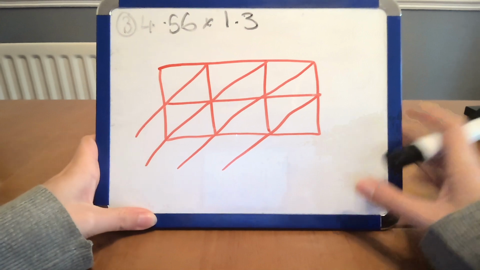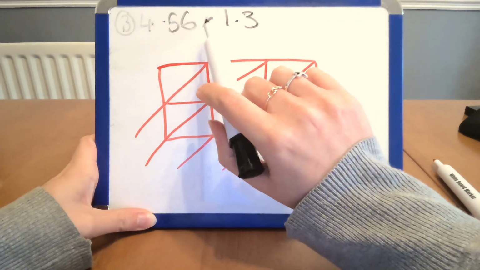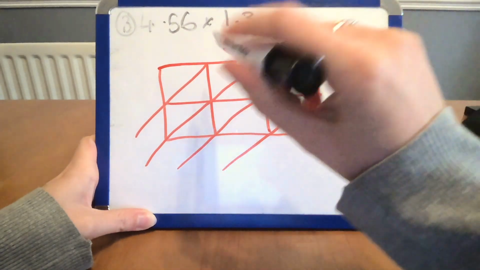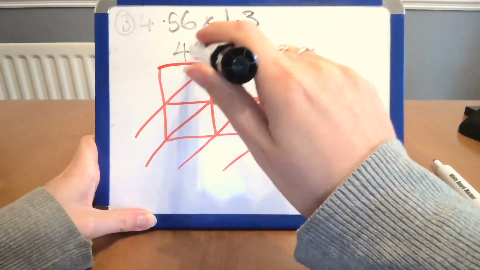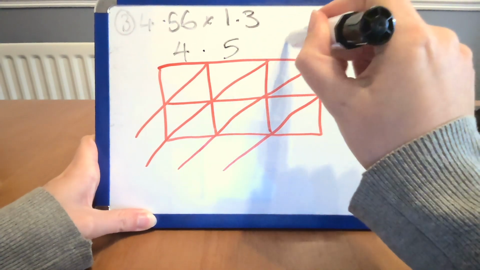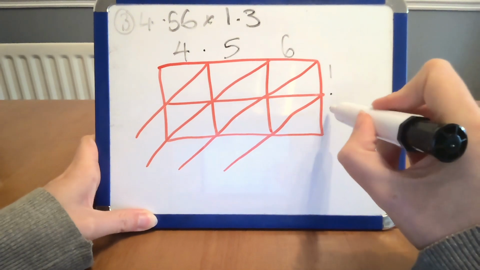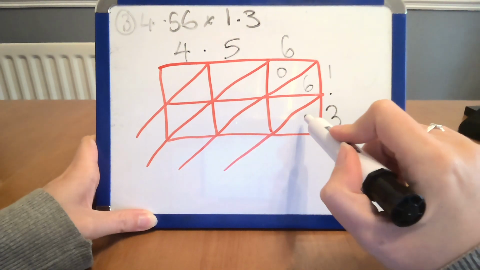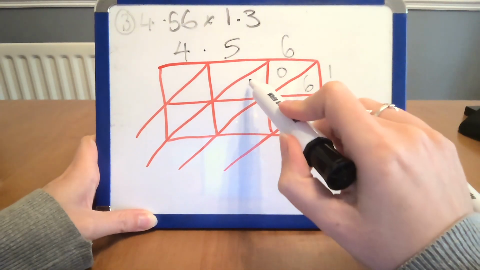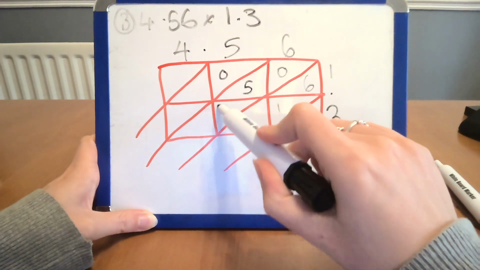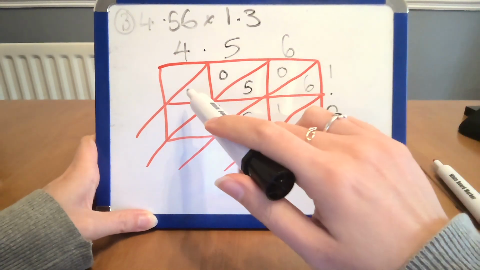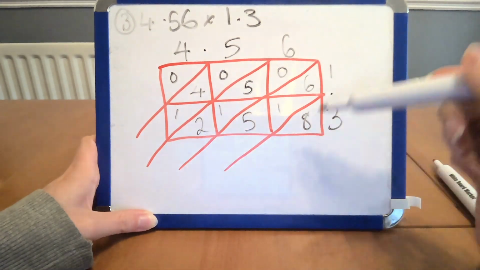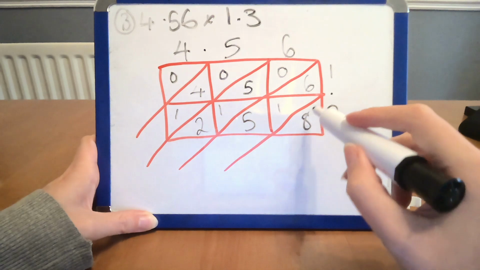Okay, so our third and final question is 4.56 times 1.3. Now obviously I've drawn my lattice again, and because it's a 3-digit number, it's going to go 4.56, 1.3. 6 times 1 is 6, 6 times 3 is 18, 5 times 1 is 5, 5 times 3 is 15, 4 times 1 is 4, 4 times 3 is 12, and then we add our diagonals starting here in